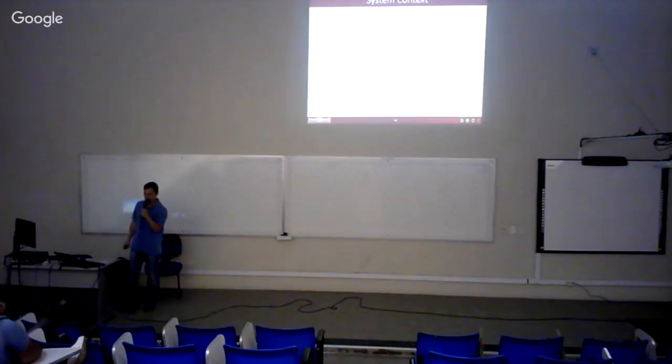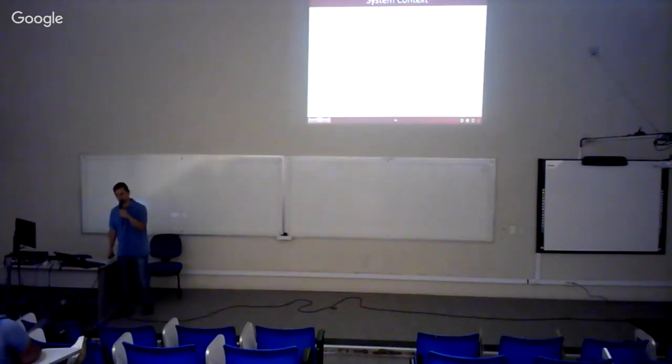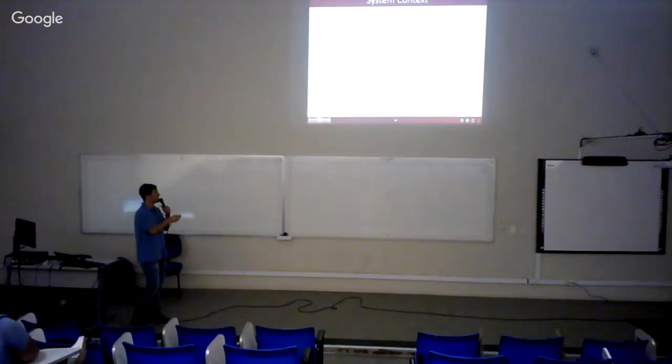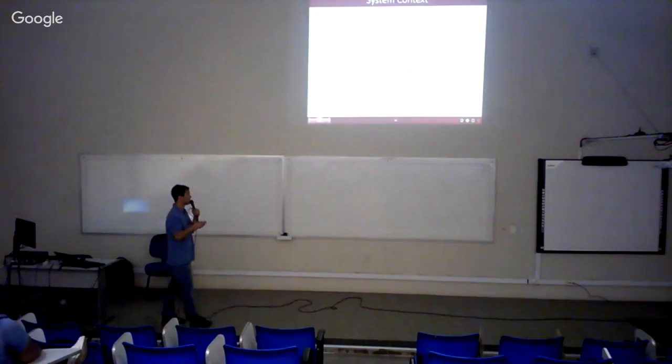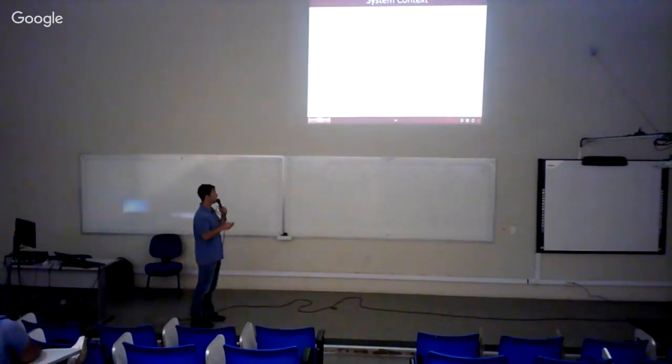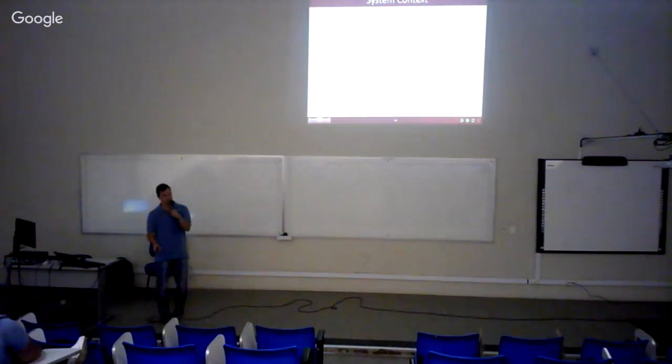And at first, you want to define who will use the system, and you use the context diagram for this purpose, where you have the system, the boundaries of the system, you have the external entities, and incoming, outgoing information and control flow. And you can draw it on a whiteboard, or you can use